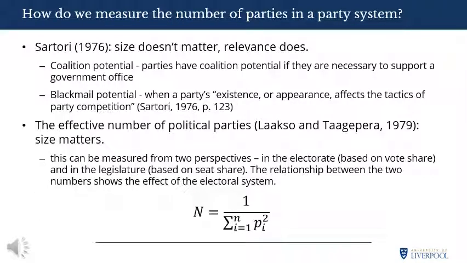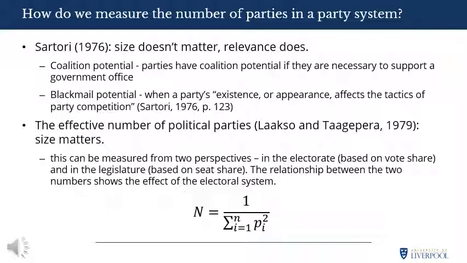Counting political parties is not as simple as just totting up the number of parties who stood in the general election. For example, around 47 parties stood in the 2019 British general election, not including independents, but it doesn't make intuitive or analytical sense to say the UK is a 47-party system. Similarly, there are 10 parties represented in the House of Commons. Even calling the UK a 10-party system wouldn't be analytically useful. It's almost nonsensical because that doesn't actually tell you anything about the shape, the structure, or where the power lies within the party system itself.